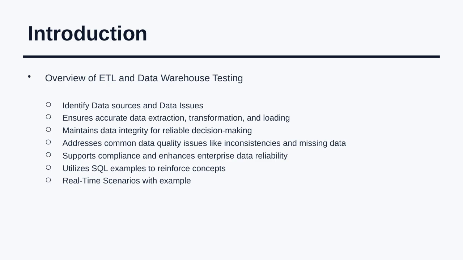When working with ETL and data warehouse testing, the first step is to clearly identify where the data comes from and what issues might exist within those sources. This ensures that when data is extracted, transformed, and loaded, it remains accurate and consistent throughout the entire process. Common problems we often encounter include data mismatches, missing values, and inconsistencies that can affect the overall quality and reliability of the data. By carefully validating each stage, we maintain data integrity, which is crucial for making sound business decisions